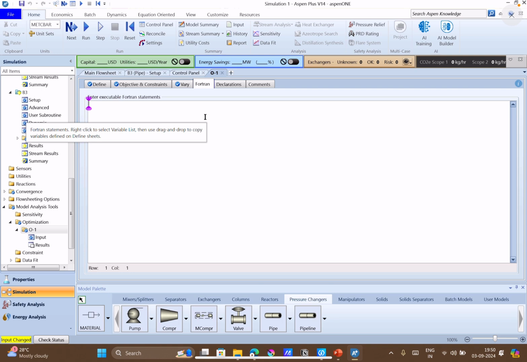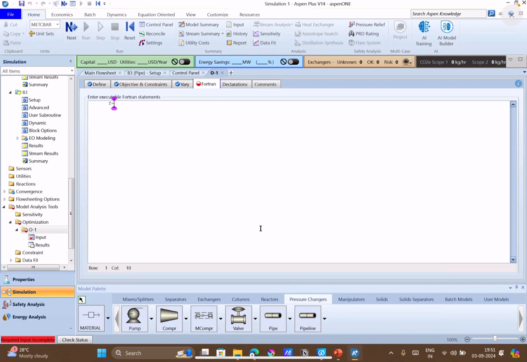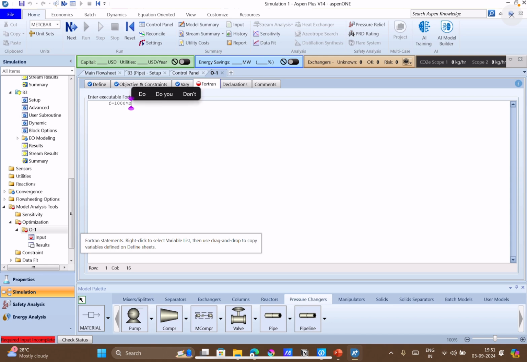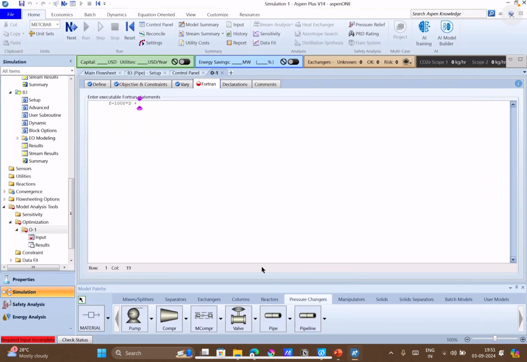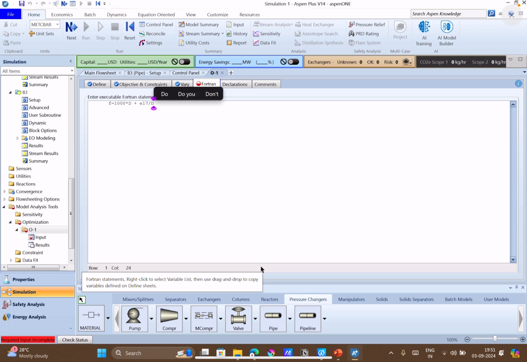So you have to write the small Fortran code, as in not code, just a snippet. So if you don't know how to write it, you can use an online tool like searching on Google, or any AI tool should help you to write that small snippet. So you first have to leave a space of 8 characters, and then you can start your code. So f is equal to 1000 times d plus 10 to the power 17 divided by d to the power 5. So 10 to the power is written as e17 divided by d